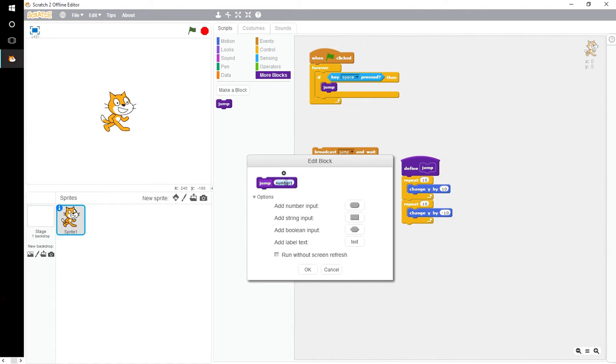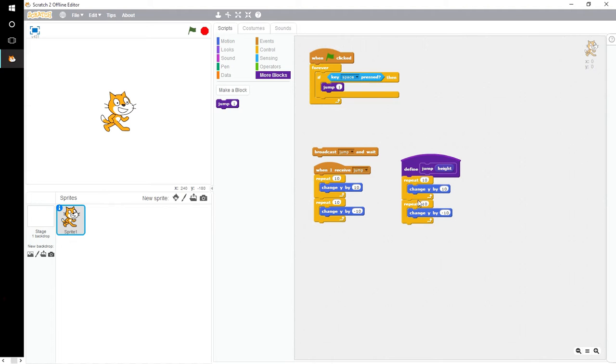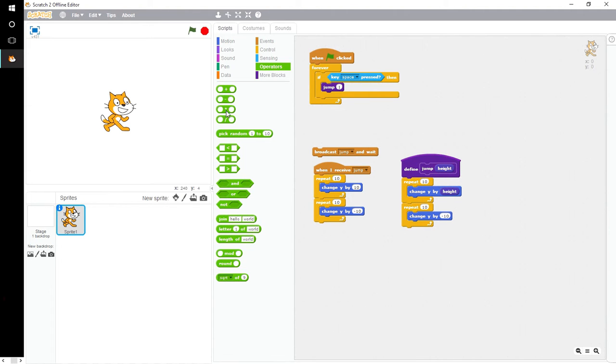Of course, you can edit this block, and you can go in here and add a number, and you can do the height of his jump. Press OK. Now we can just drag height into here, and then of course we're going to need negative height in here, so we'll multiply -1 by height. So now if I want him to jump 50 blocks high, press space,